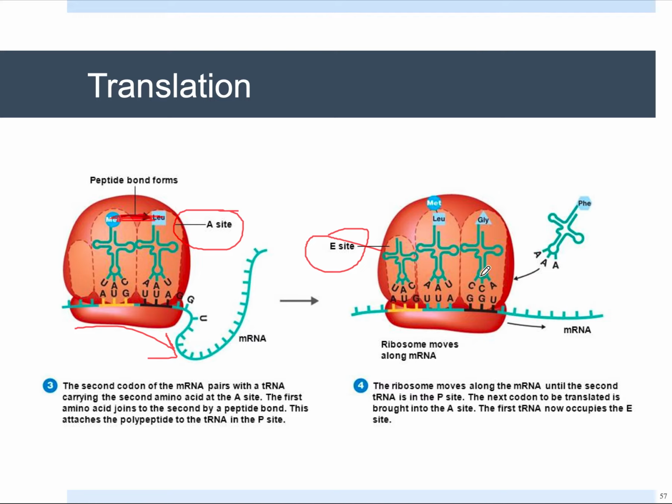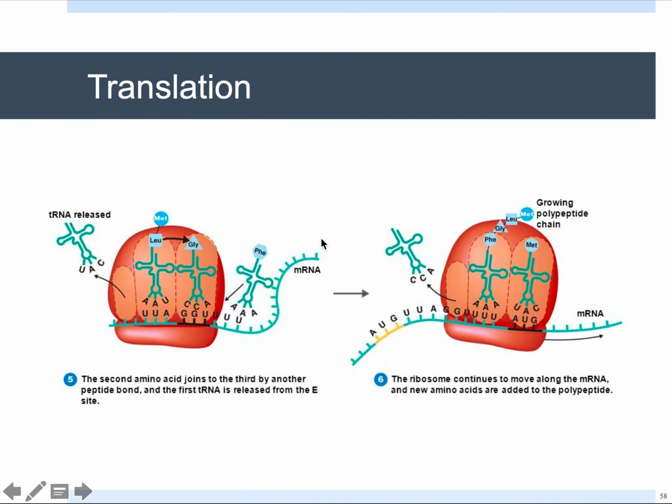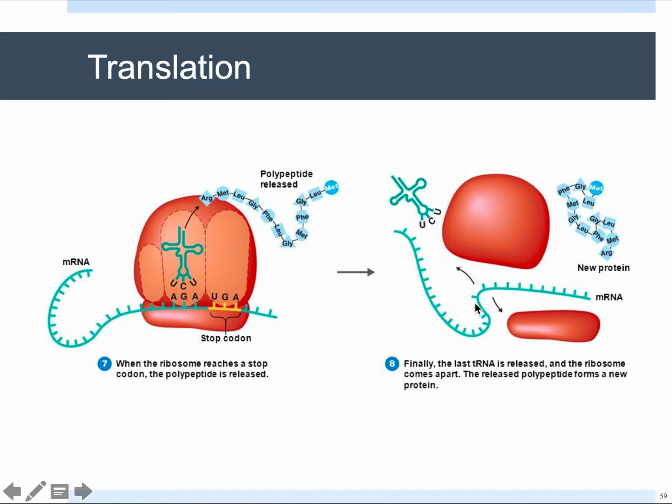So you have the third transfer RNA attaching to its complementary codons, and it will bring with it its amino acid, and then it will also form a peptide bond, another peptide bond. And so it's still moving along, and the process goes on and on and on until you